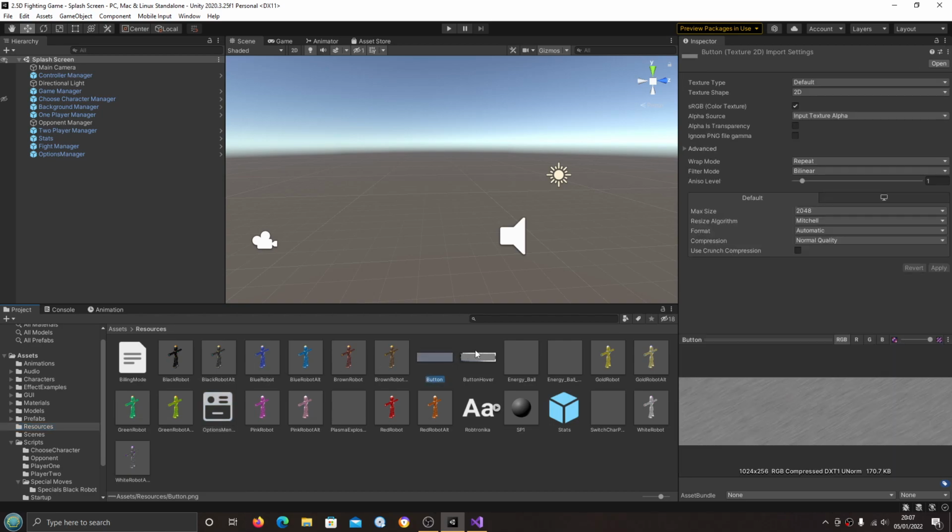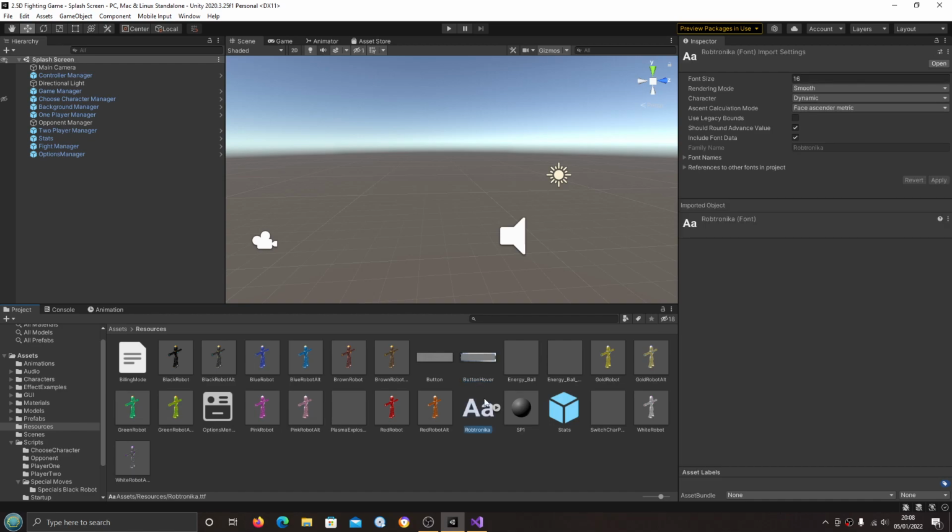Now, I've gone ahead and created some new textures, one for the button and one for the hover. I am going to redo all the GUI for the game. Once I've got more completed, I will put that on Patreon for all the people who donate can actually download the GUI. I am going to be using a different font, which is